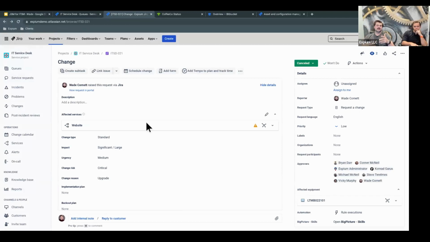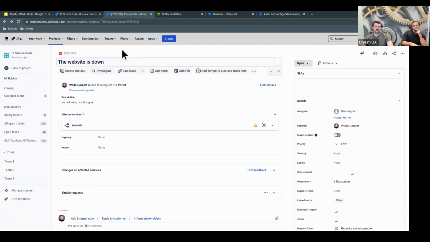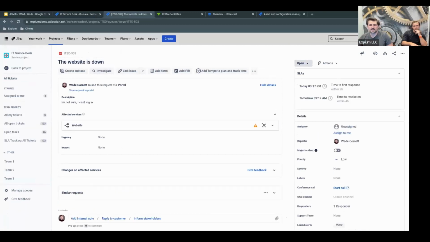Really quick way to identify potential causes there. And we actually have one more. If I jump back, oh, there we go. Another way to identify potential causes is if you are linking one of your CI/CD pipelines to JSM, we can